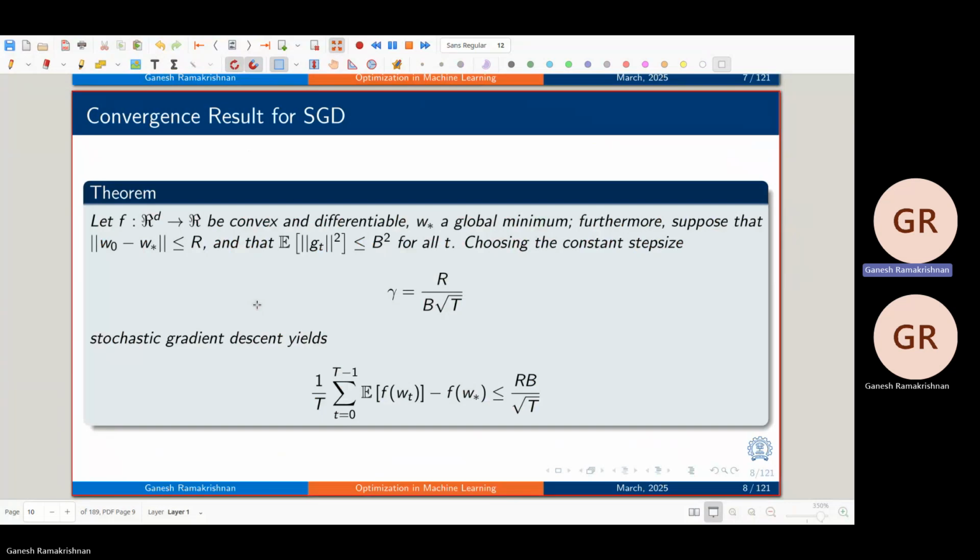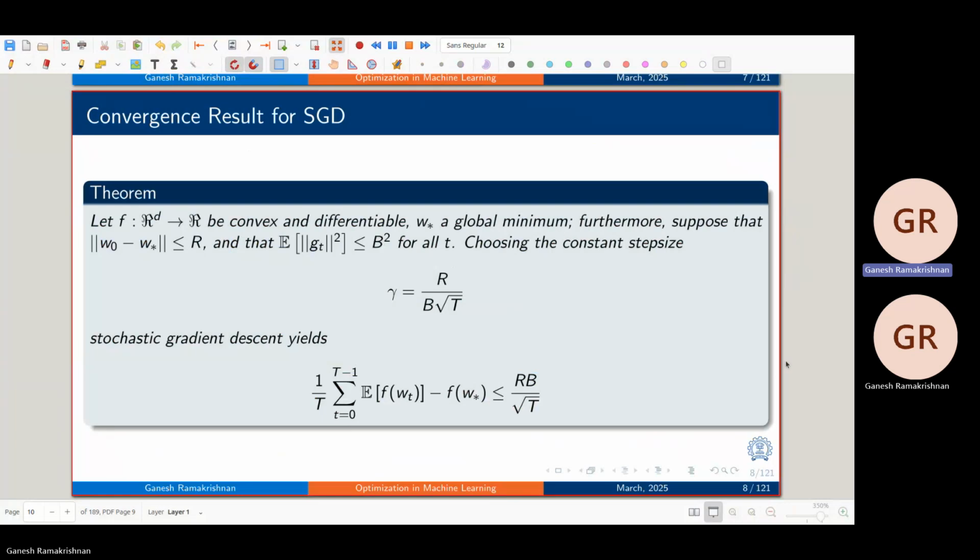Continuing with this notation where g_t is for a randomly sampled i, and with this understanding of g_t, it turns out that we can have a similar result as we had for the case of convexity plus